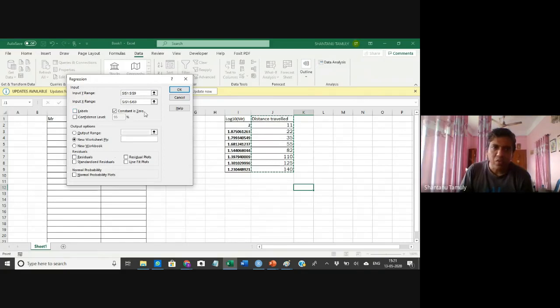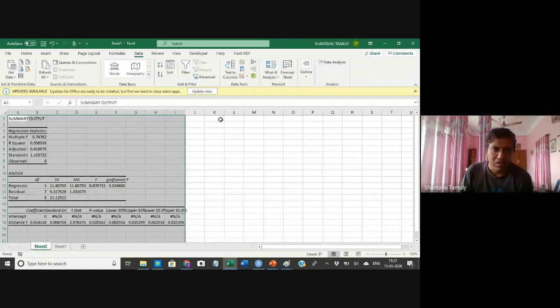Now you tell the Excel that the first row is the row of the label. The log 10 molecular weight and distance traveled, this is the label. So click label, so Excel will understand that the first row is the label row. Okay, fine. And then click OK. So once you click OK,